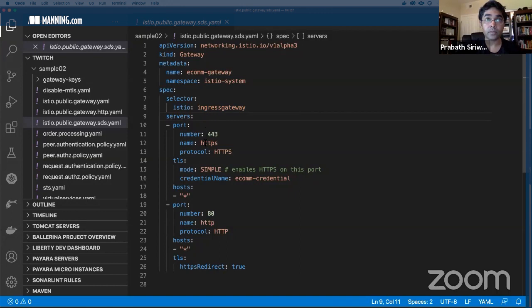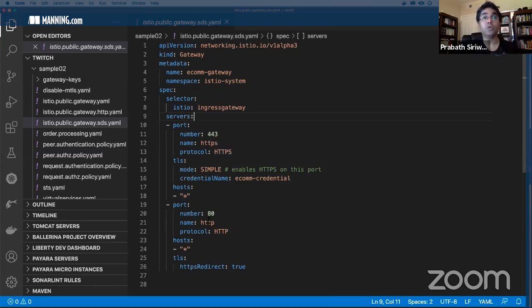And then here it says any HTTPS traffic that comes to port 443 for any host, pick this configuration.